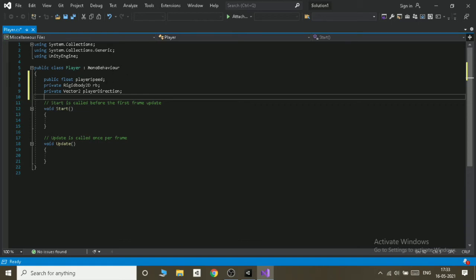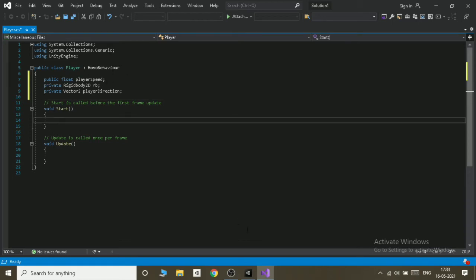Now we can write code in the Start method. So first we need to write rb equals to new Vector2. So before writing new Vector2 we can write GetComponent.